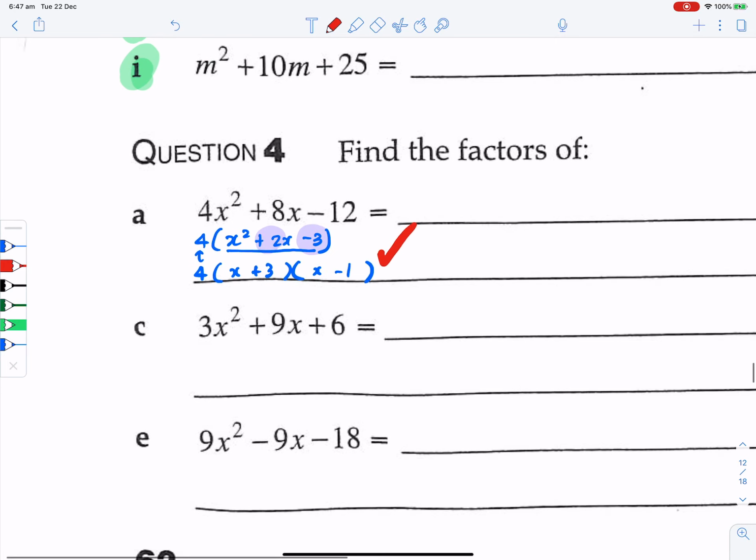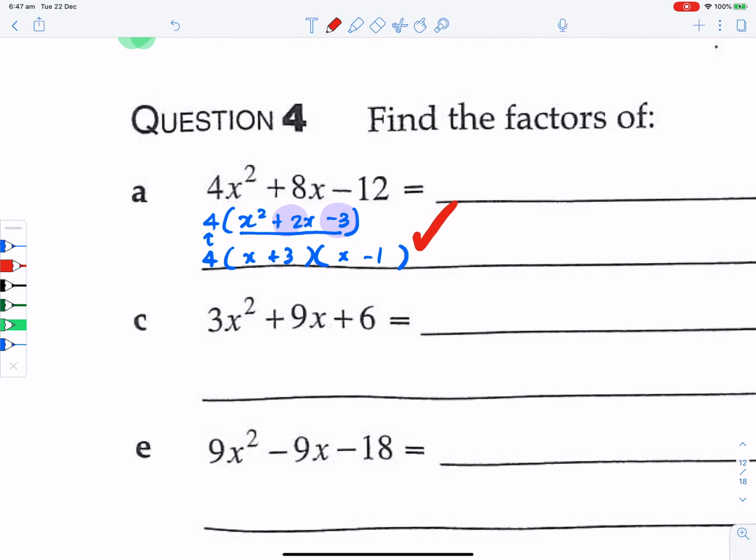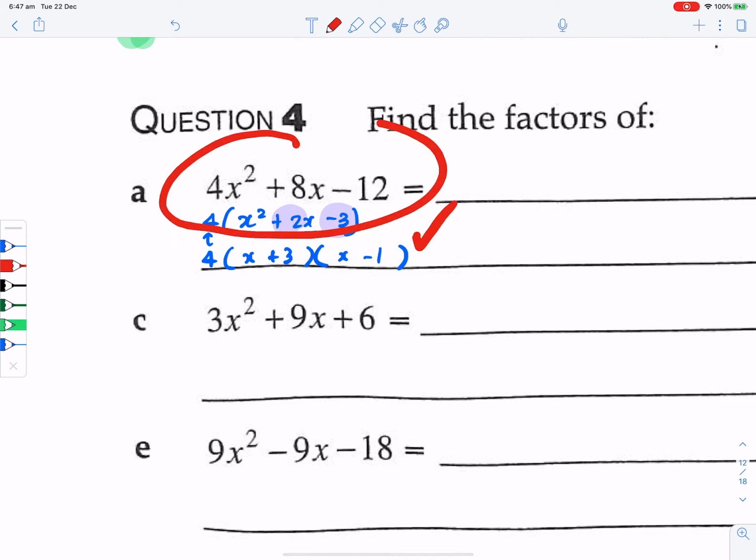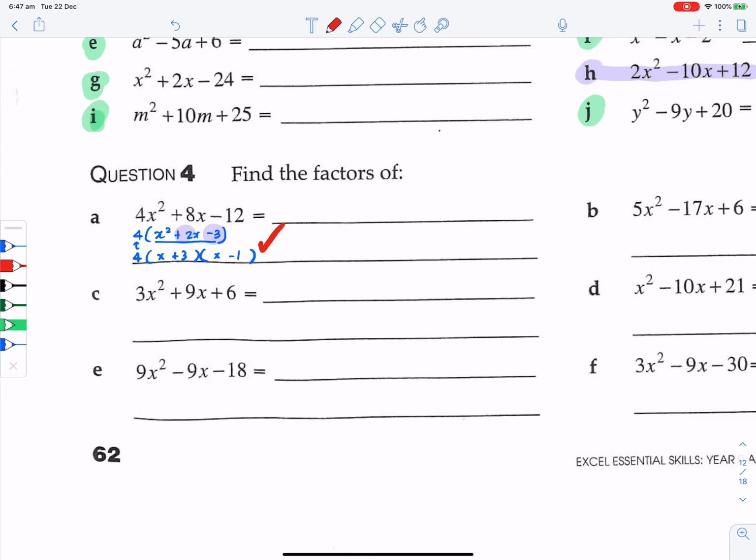Now, you've always got to factor in that when you are factorizing, you should always try and take out a common factor if there is one from the very beginning with these questions. So if you have a look at question 4C, ask yourself, can I take out a common factor before I start? And the answer is yes, you could take out a 3. So the question now becomes,